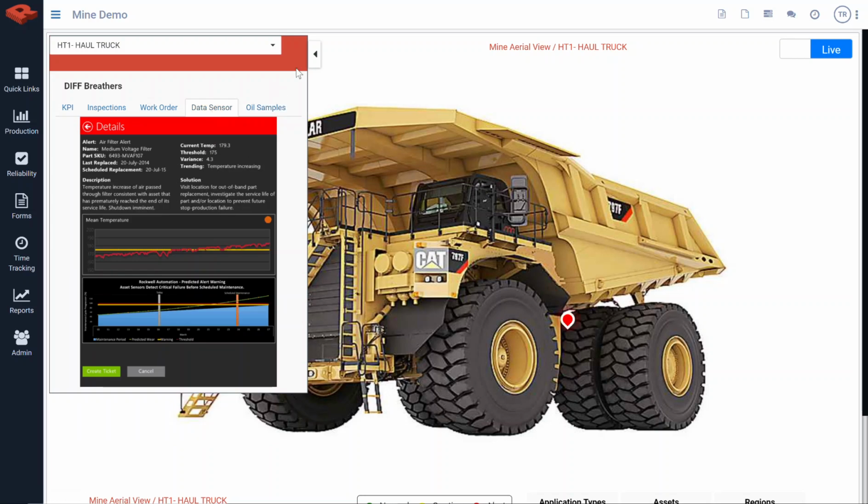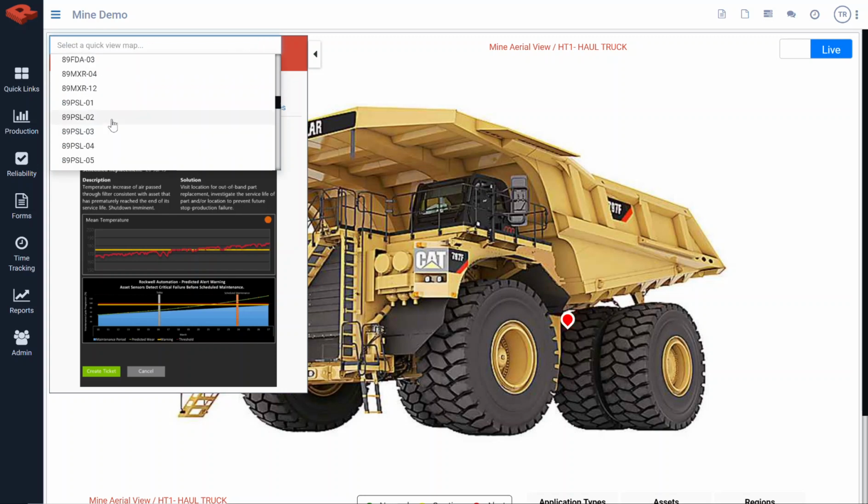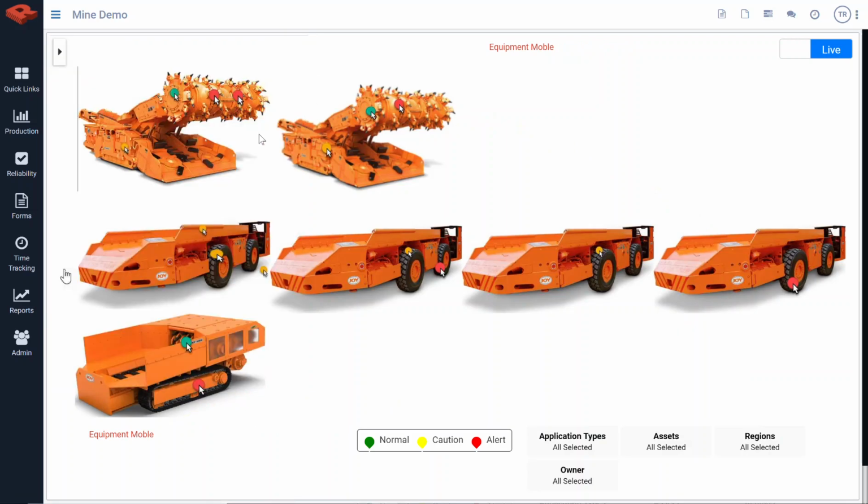the platform. We have a number of different aerial maps that you can get, or maps of pieces of equipment. In your case, for instance, it might be that there's a series of mobile equipment that are relative to the equipment mining that you're doing underground, and your continuous miners, or some of the shuttle cars, or things